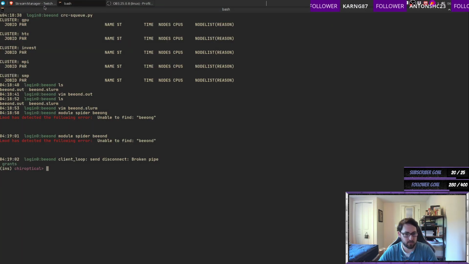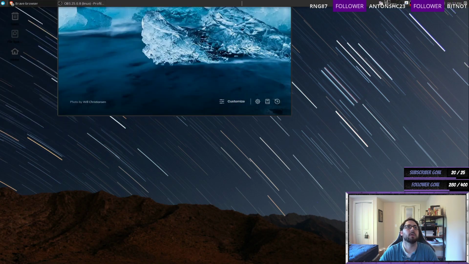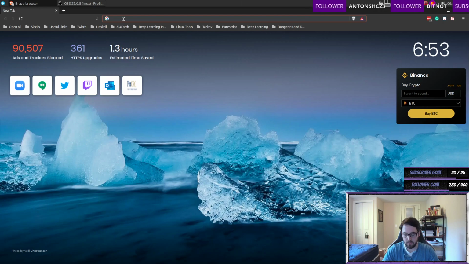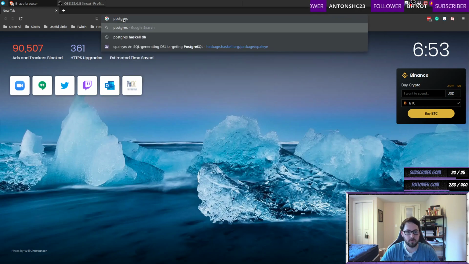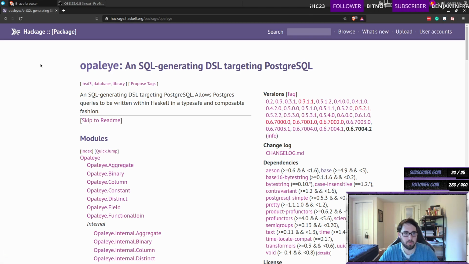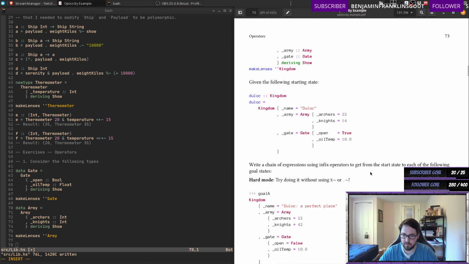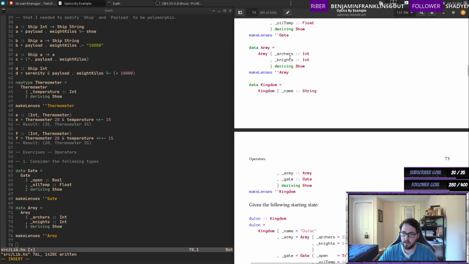Wait, what is this? Here, Postgres, Opali. So there's arrow syntax in Opali. And so we learned just enough about it to use it. All right, so we got